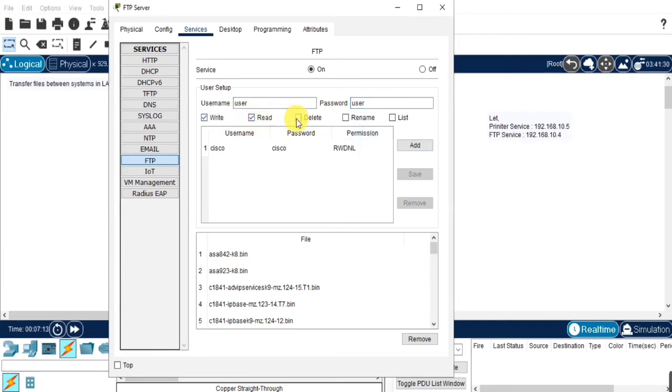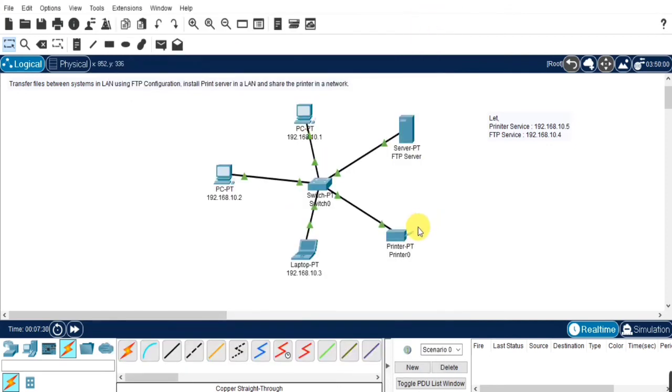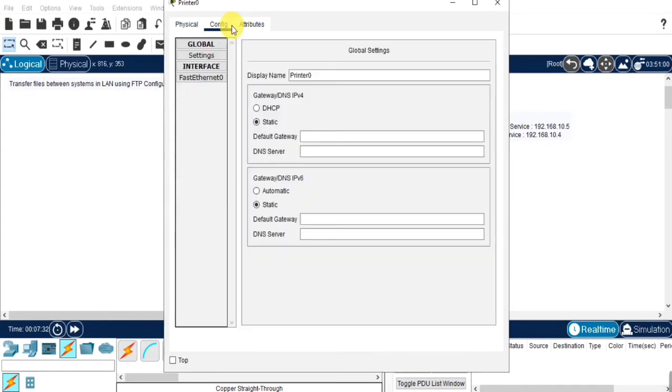Once you have given them, don't forget to enable all those options. Once everything is done, click on the add button. You need to give the permission for all. Once everything has been done, turn on the FTP. Then click on that.